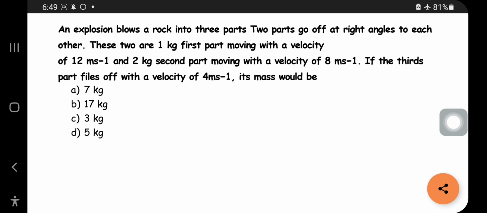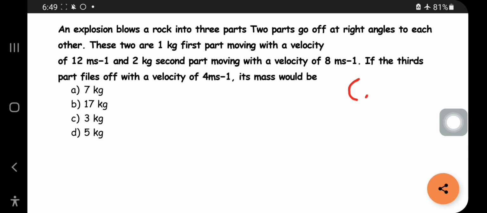So you should keep in mind the concept that internal forces do not change the linear momentum, and internal torque does not change the angular momentum. If external forces act, the linear momentum will change, and if external torque is acting, the angular momentum will change. That will come in future, because torque is related to the topic of system of particles and rotational motion. So if there is no external torque or external force acting, there will be no change in the linear momentum or angular momentum. With this concept we will move on. Bomb blasting is related to only internal forces and does not relate to external force.